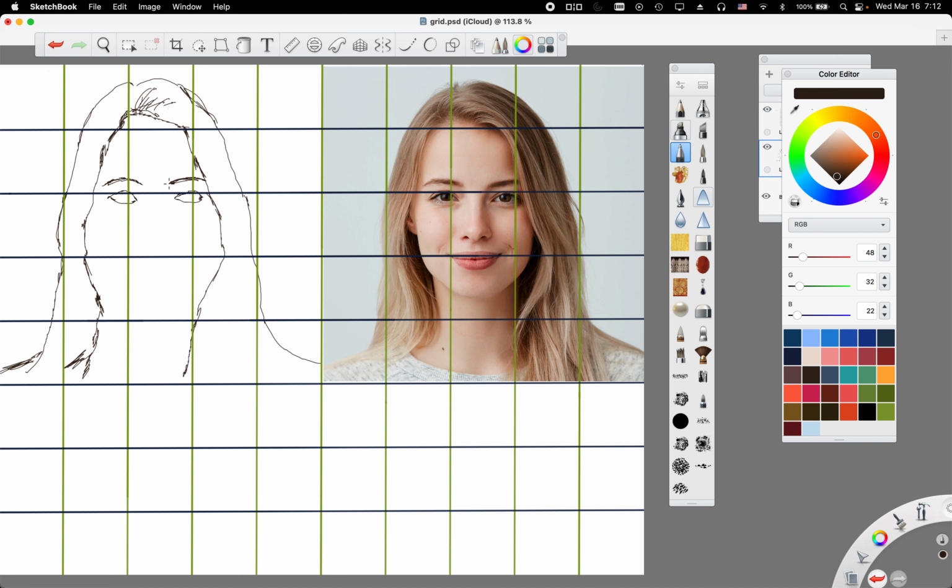Okay, and then if you see in this case, and by the way, I'm going to teach you how to paint eyes, nose, and lips, and the head itself in other videos, right? But right now you are just doing whatever you're seeing in the grid. That's the point of this painting right now. Okay,